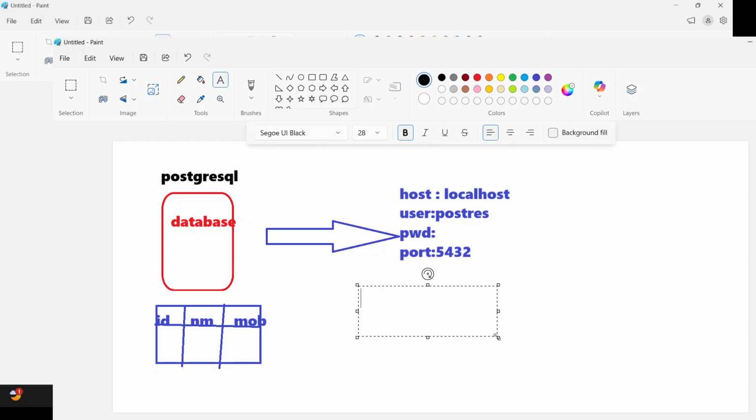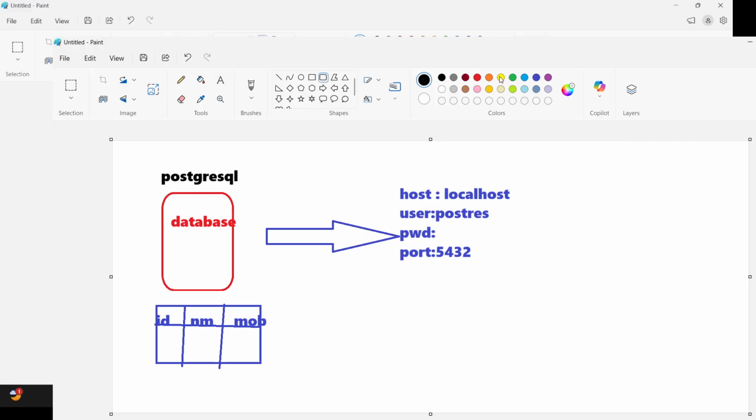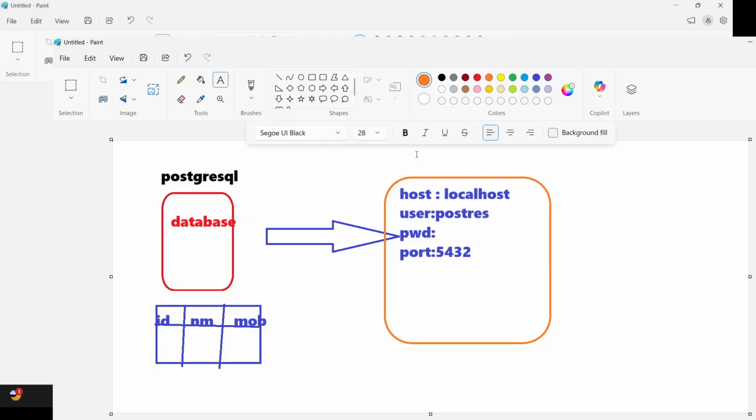Request. Fine. So now in a similar manner, we want to connect the Python programming language with this database. In Python, there is a module that we need to install first. The name of the module depends on which database you are using.